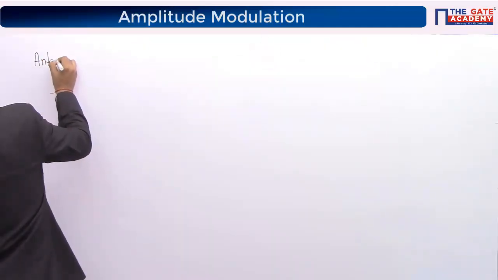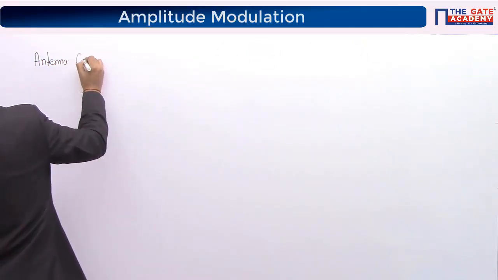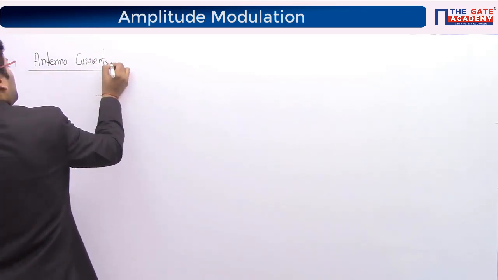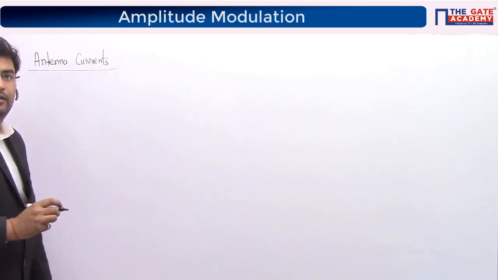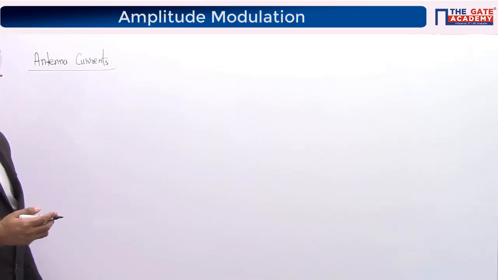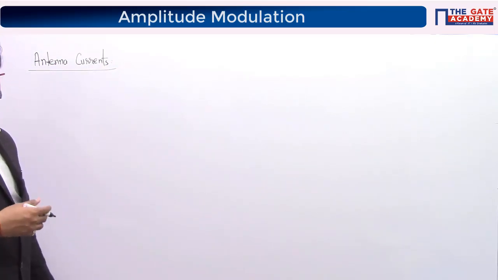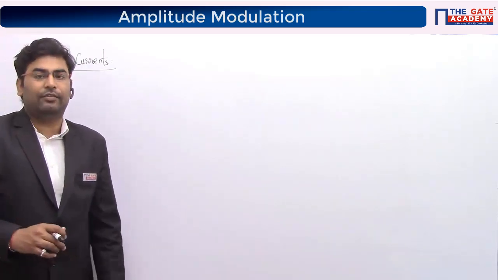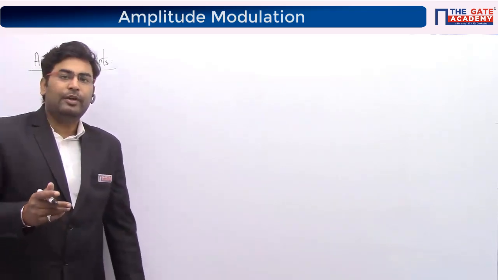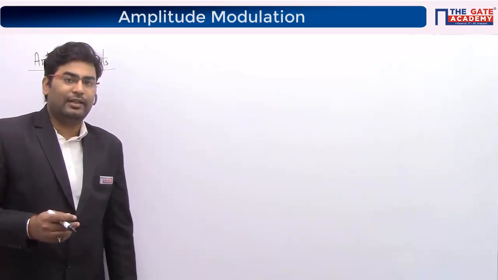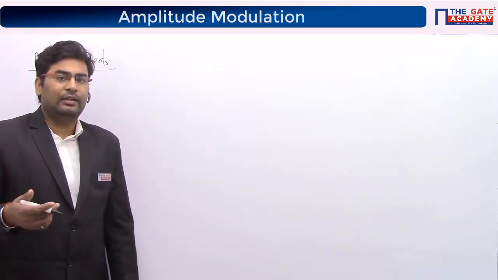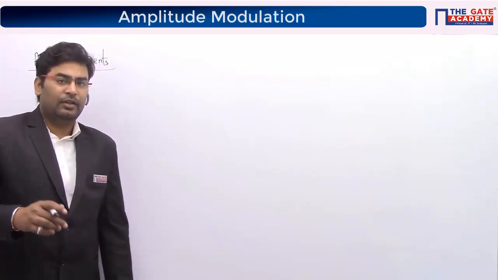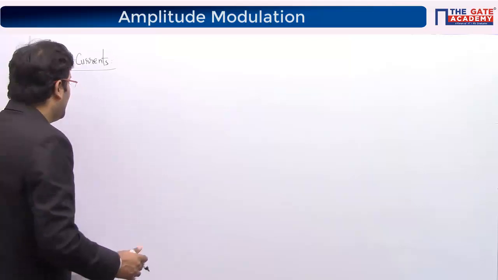So guys, let's put the heading antenna currents. Actually, antenna current is just an application of power calculation only. So whenever you have the resistance of the antenna known to you, a question could be asked on how you can find the transmitted current and the carrier current and all those related to the antenna of the communication system. So this is how we can formulate this.